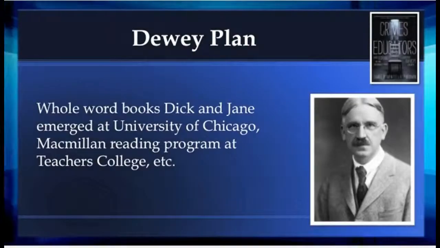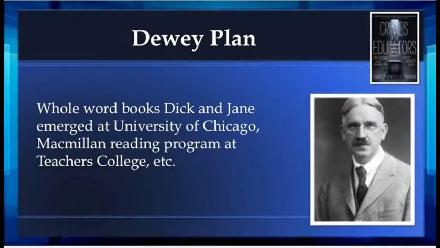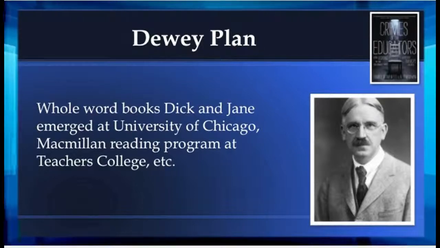They tried to get their operatives in charge of the public schools, and they developed reading programs. They came up with whole word books, the Dick and Jane readers. Some of you might remember those. They came up with the Macmillan reading program at Teachers College, and this was all designed to dumb down the American people, to reduce the literacy of the American people. Again, it was known to be quackery in the 1840s when they tried it in Boston. So John Dewey said that'll be perfect for our purposes.